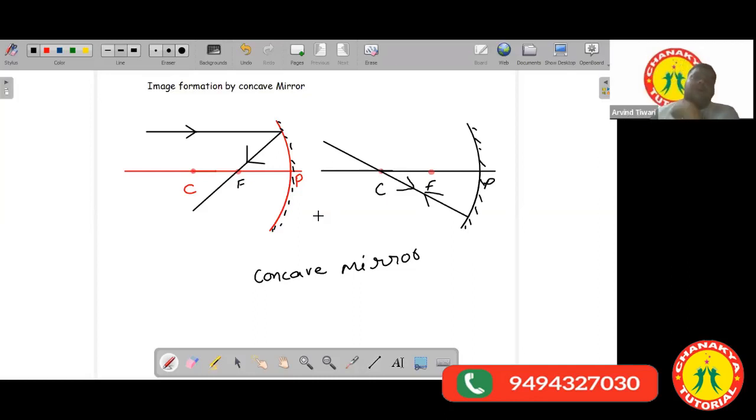Here we have used the rule that if a ray of light is parallel to the principal axis, it will pass through the focus. Its converse can also be used. Converse means something like this. If you use its converse, it states that if you have a